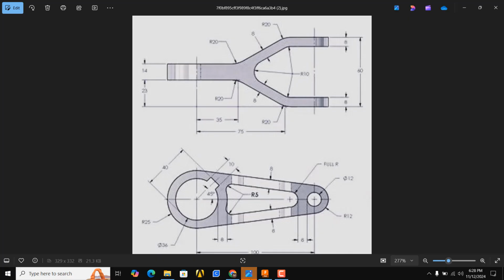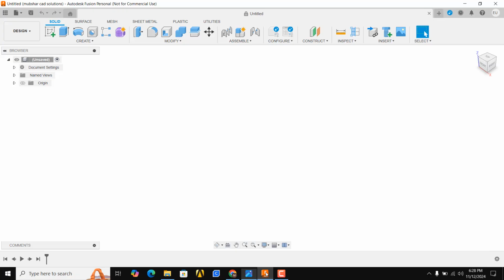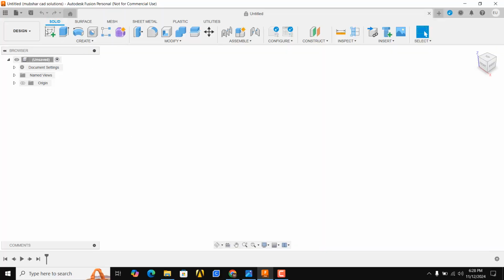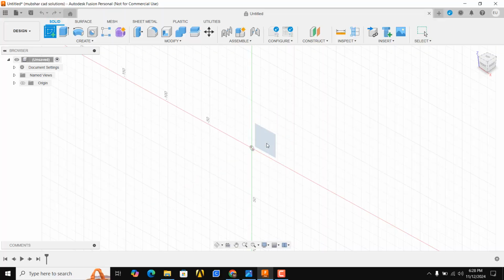Today we will create this model in Fusion 360. So if we look at this drawing, we can see a top view and a front view. I will start creating the model from this front view. Go to Fusion 360, start sketch, select this front plane,